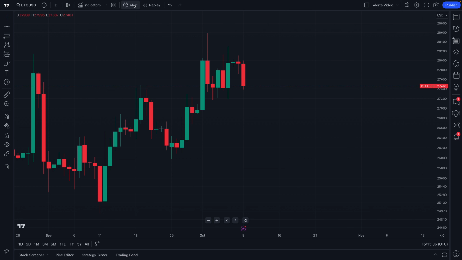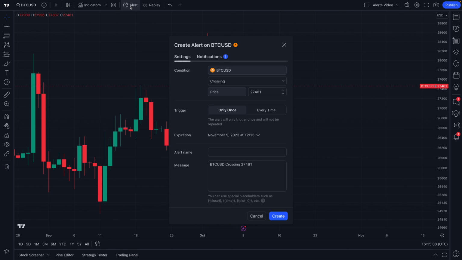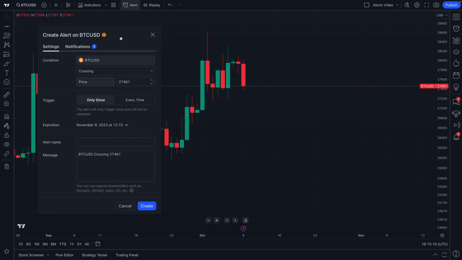Check out our mouse at the top of the chart here. We can click this to open the alert menu. Let's just start from the very basics. The alert menu is how you create highly specific and custom alerts that will alert you when certain things happen